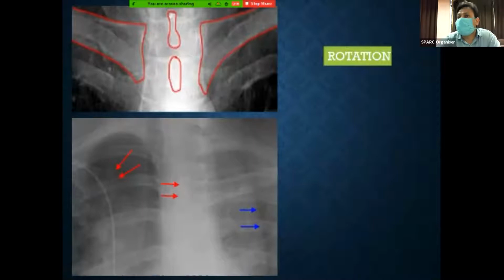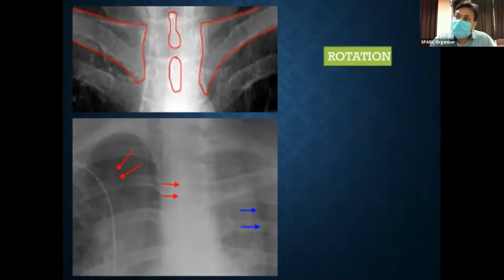Now coming to the rotation. Rotation means whenever the patient stands, the cassette should be equally touching both the right and left side of the body. If the patient is somewhat oblique or tilted, then one lung may appear more lucent, the other lung will appear whitish, one hilum may appear small, the other hilum may appear large. So both sides of the body should be in proper contact with the cassette without any rotation.